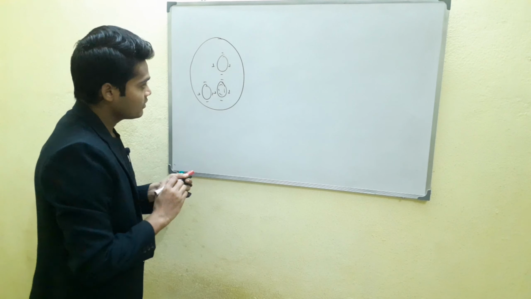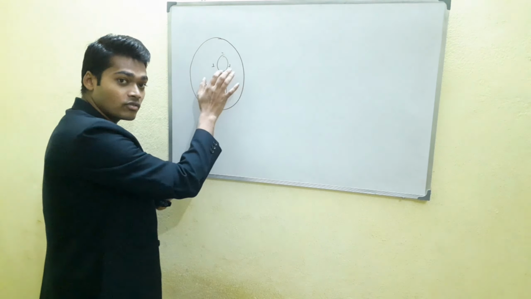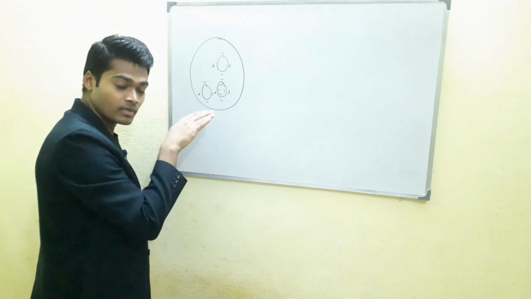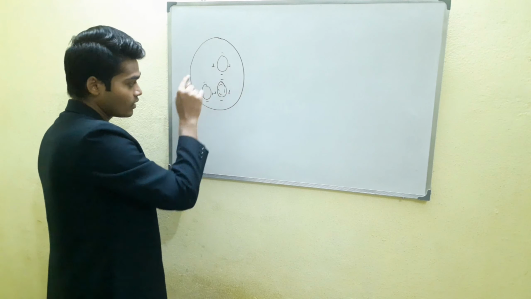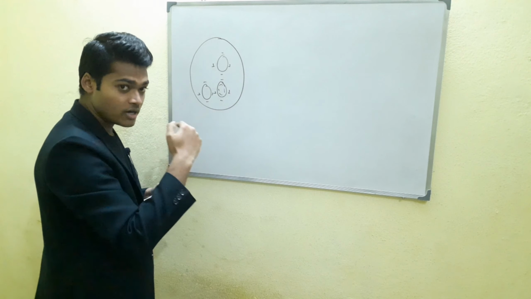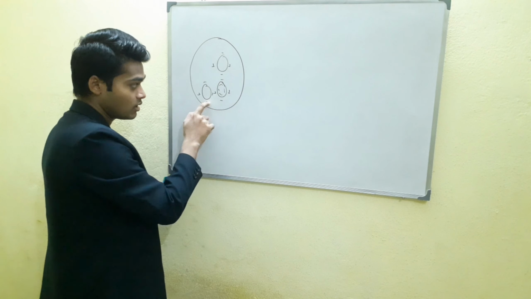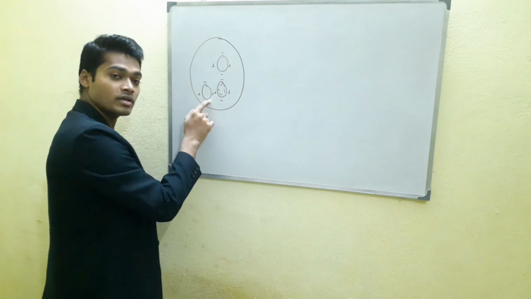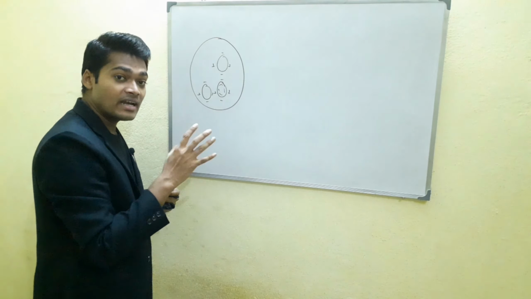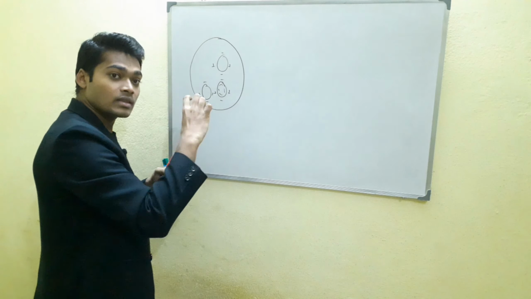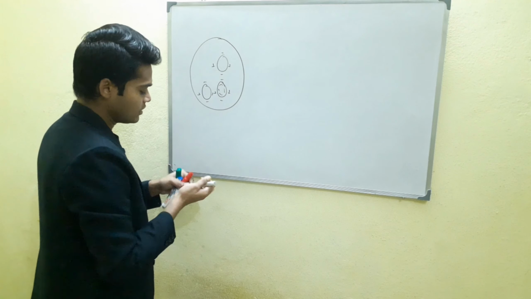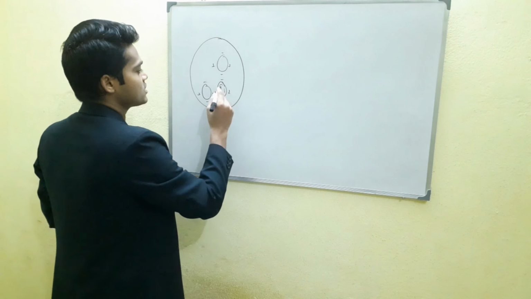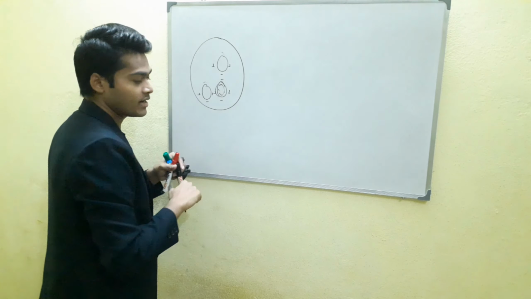Actually what happened here: when light crosses from the horizontal aperture with the base of the prism, a vertical Mire is formed. When light crosses from another horizontal aperture, base out, another horizontal dissociated image is formed. And when light crosses from the vertical aperture, they form two images of the central Mire. Basically this is not a single, this is a double, right.